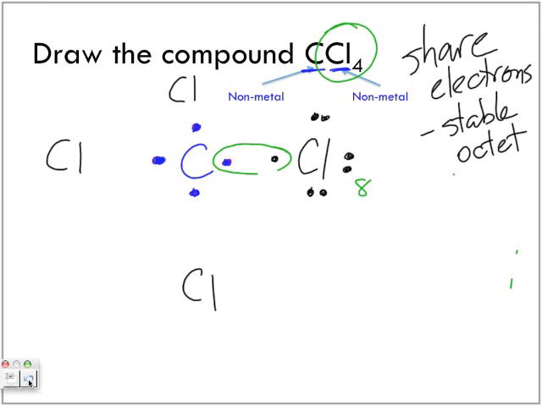So let's draw 7 valence electrons: 1, 2, 3, 4, 5, 6, 7. I'm going to draw them all the same way, and eventually, with more practice, you'll understand where you can. It doesn't really matter. Notice here, I've got my lonely electron there, which is probably not the best place to put it, considering that I'm going to form a bond with the central carbon. You can get into the habit, if you know how many valence electrons you've got. Instead of pairing this one up here at the top, I'm going to pair this